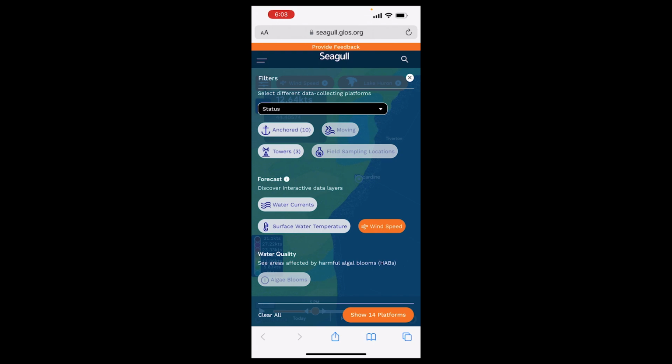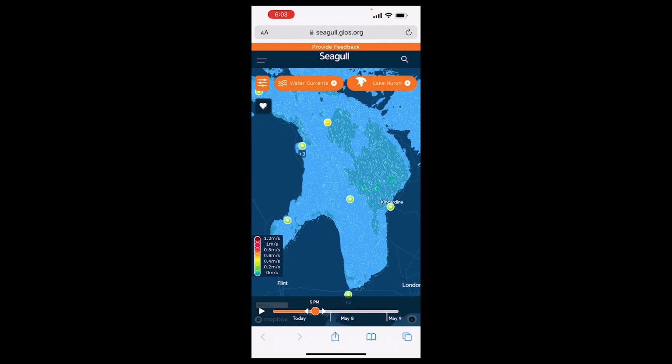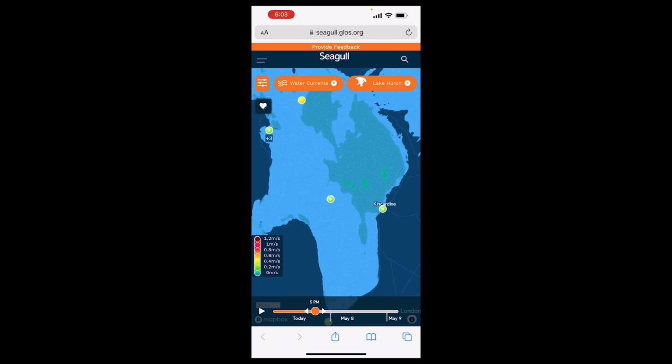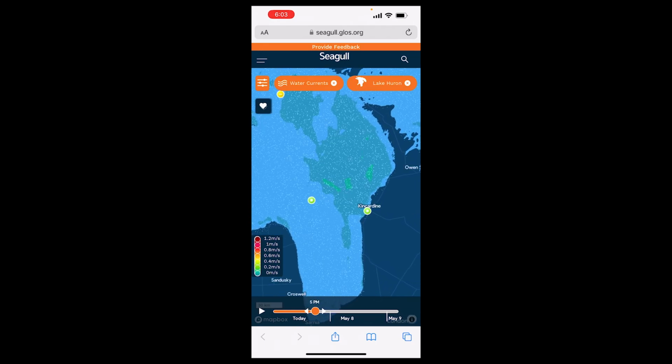Well, let's look at water currents. And so we'll just get a little more specific about that. And the lake now appears in different shades of blue with a bit of green. And once again, all these little interactive lines. And that shows me that the water currents are offshore again. And we're in a very low area of the blue, which means basically no wave action at all.